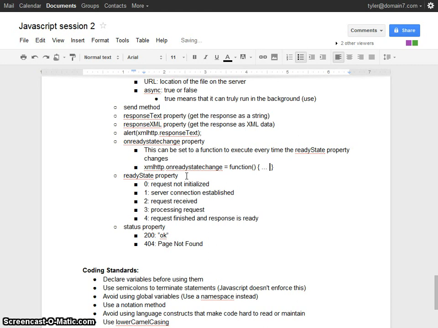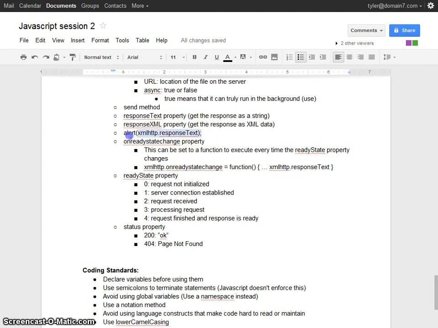And so in here, I will know that my response text is ready. So if I want to do something with xmlhttp.responseText, I should do it inside my onreadystatechange function.